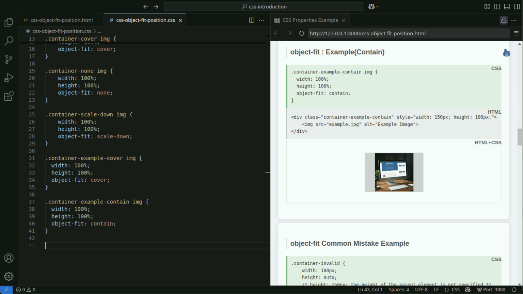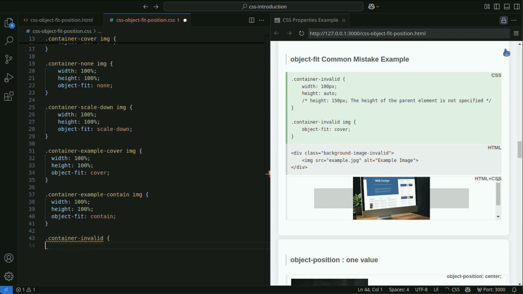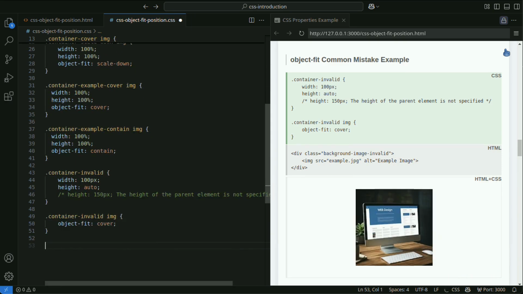For example, in the following code, the height of the parent element is not specified, so object fit does not function as intended. In this case, you need to specify the height of the parent element or adjust the entire layout using Flexbox or Grid Layout.